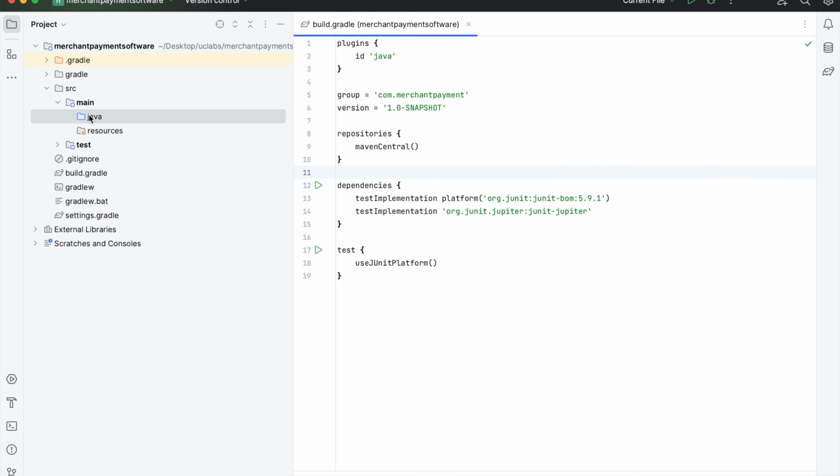So as we discussed before, in Java, since it is an object-oriented language, it has the properties and it has the behaviors. So what are the properties of the software? As we said, we have the buyer, because we are buying a product and making a payment. So we have a buyer, we buy a product,